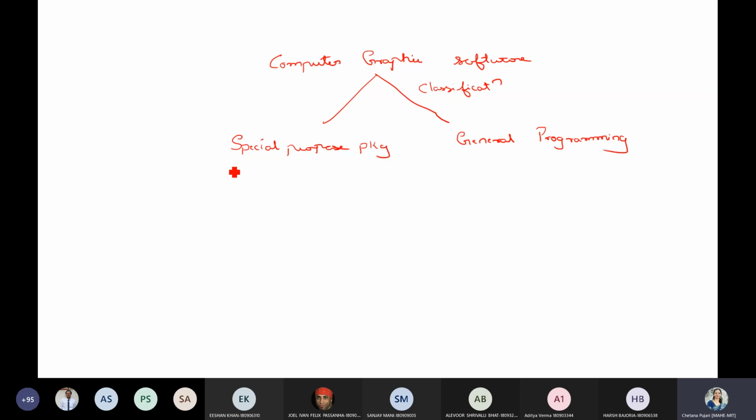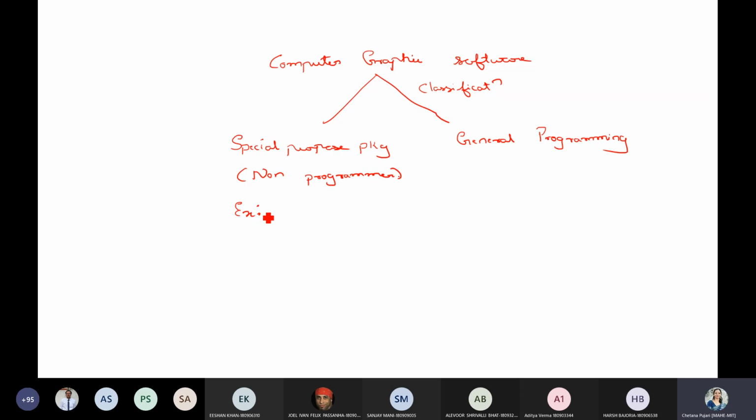So special purpose package is normally used by a non-programmer. You don't want to worry about the back-end part, like writing code for how to actually build a model. You want to directly draw a design or do a design, then you go with a special purpose package. What is an example? Without actually writing code, you can still do modeling and have your model ready for your application.